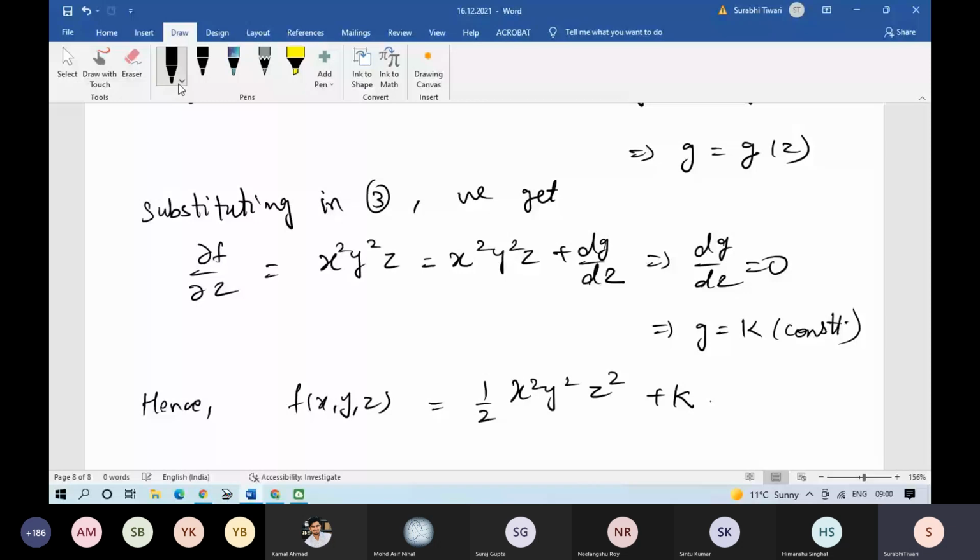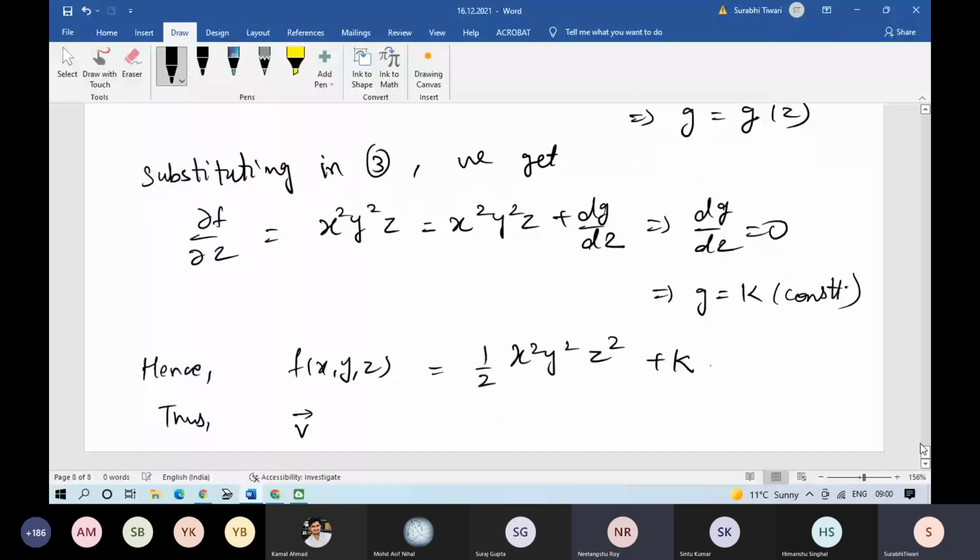पढ़ लेना, अगर कुछ ना क्लियर हो तो नेक्स्ट टाइम में पूछ लेना। Ma'am, that means it is not conservative? This is conservative because you have found out the value of f, ऐसे आपने फाइंड आउट कर ली such that v is equal to gradient of f।